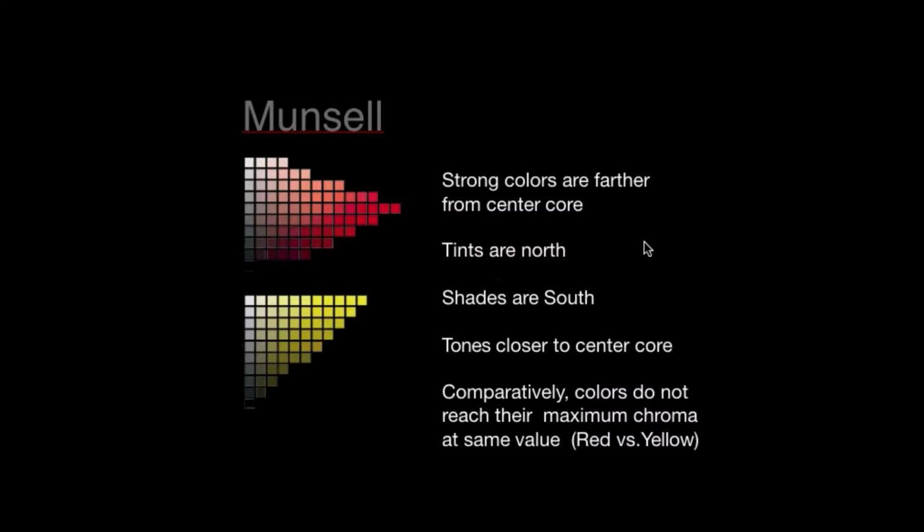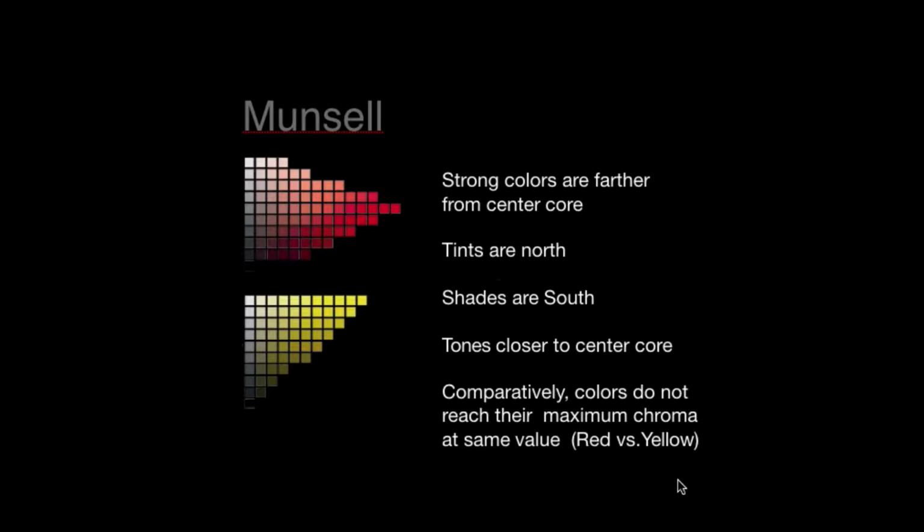The idea with Munsell is that the more saturated colors, or the stronger colors, those that Itten would call more forceful, are positioned farther away from the central core. Tints are always up top, shades are always on the bottom, and tones are closer to the center core than the saturated colors. As in Itten's system, which talks about normal value, colors don't reach their maximum chroma all at